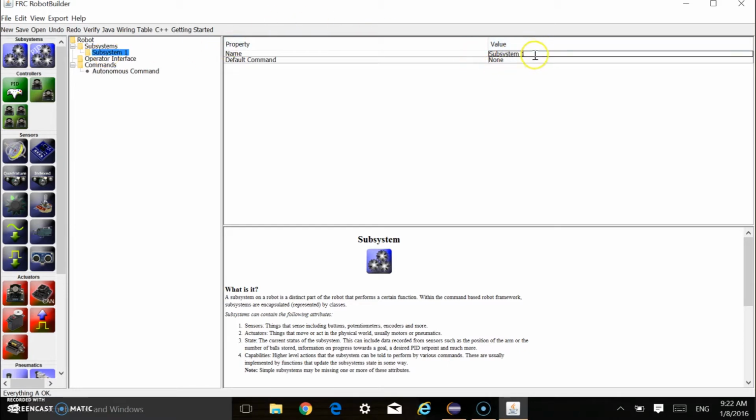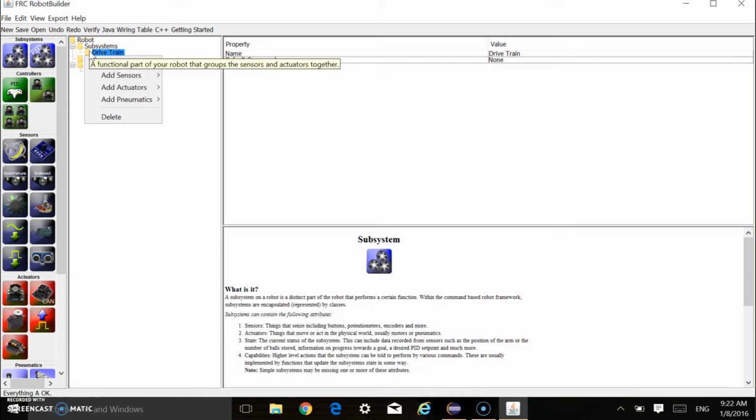The first one we're going to add, we're going to call Drivetrain. Okay, and then default command, we'll get to that once we have some commands established. Make sure you hit enter, and then it adds that Drivetrain to our subsystem there. And so that's our first one. What we want that drivetrain to be is a tank drive kind of setup for our robot. So we're going to click on add robot drive 2,